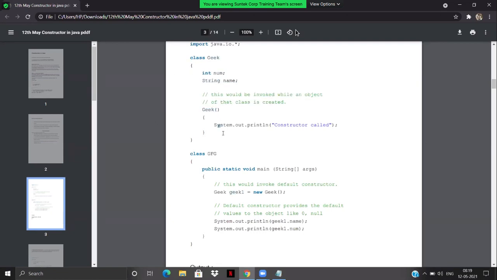Now, whenever we create an object, the default constructor will get invoked if we haven't written any overriding constructor. But here we have already defined a Geek constructor. So whenever we create an object, the constructor will get invoked automatically. And which constructor will get invoked? This constructor will get invoked. So by writing this line, this constructor will get invoked, and whatever command we have written here will get executed at the same time.